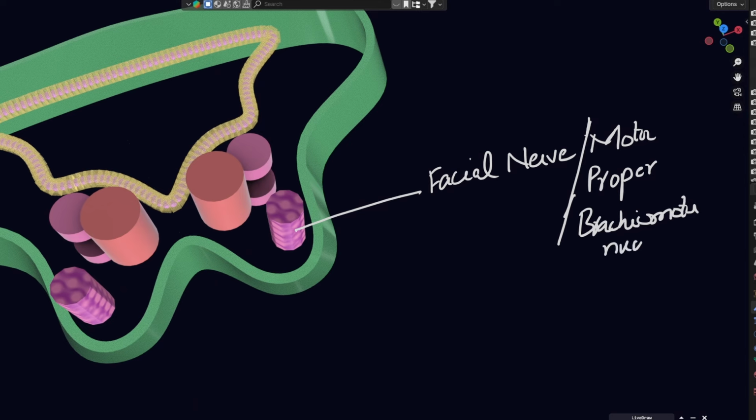So basically it's the nucleus of the facial nerve, right? With the help of the facial nerve, it gives fibers to the facial nerve, which in turn supplies the motor innervation to the muscles of the second pharyngeal arch, right? So this is the branchiomotor nucleus, the special visceral efferent nucleus, and this is the facial nerve proper nucleus or branchiomotor nucleus